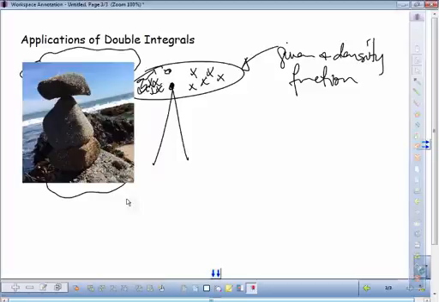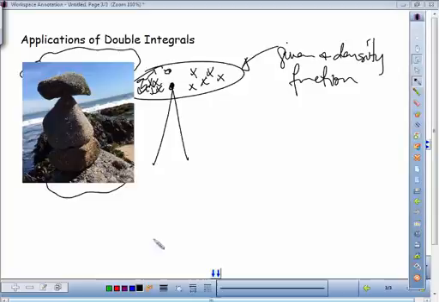All right, so this is the example that I was trying to go for in terms of balancing the rocks and finding the center of mass that way. You have to be given a density function to find the precise center of mass. You're given a density function, and if we're looking at this as a flat plate,